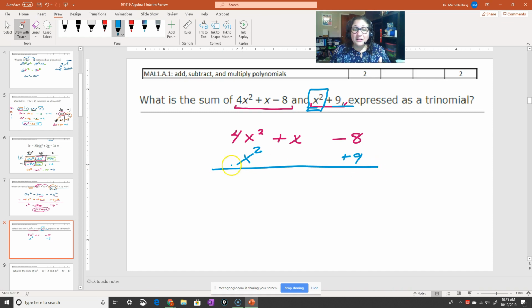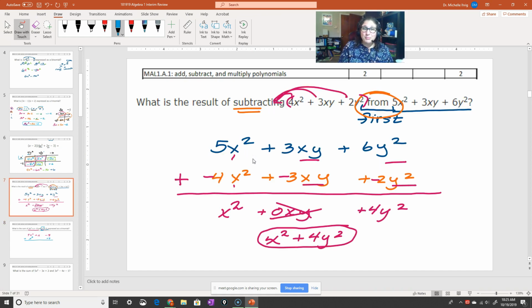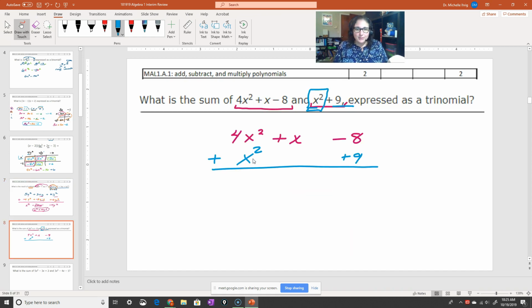So when I add going down, because this is an addition problem already, I'm not changing signs. I changed signs in my other problem because it started as a subtraction and I had to make it into a pretty addition problem. Here it's already addition, so I don't have to do anything. I just leave it, in terms of not having to change the signs. Now I can do my math.